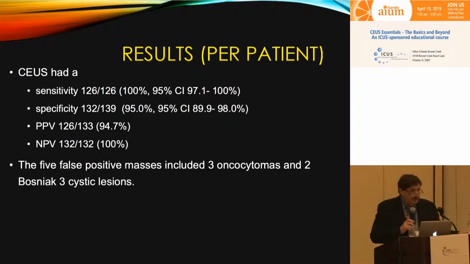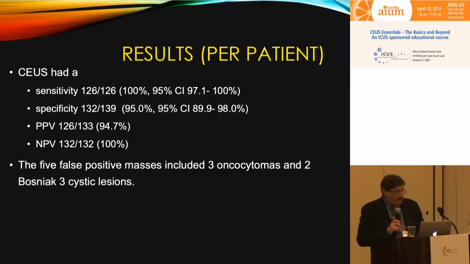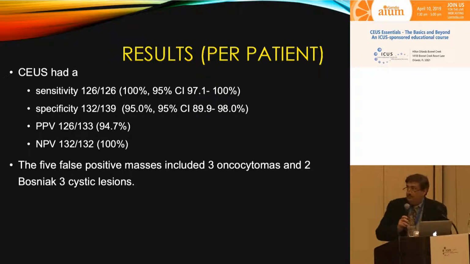So if we look at the results of our patients, and again, these are just the ones that we had confirmation of the diagnosis, sensitivity, 126 out of 126, so 100% sensitivity. Specificity, 132 out of 139, 95%. Positive predictive value of 95%, and really what's most important, we have a negative predictive value of 100%, meaning if we say something is benign, we're right 100% of the time, and again, we have now followed all those lesions